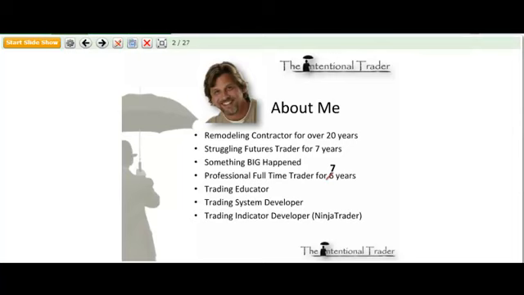I became an educator by happenstance, and then I started developing systems and indicators to help with the education part. And you know, the whole thing just kind of grew, and I still find it bizarre to this day that after having struggled for so long, I'm actually somebody in a position to help other people at this point, because I managed to change my perspective on trading just a little bit, which totally changed how I approached it.